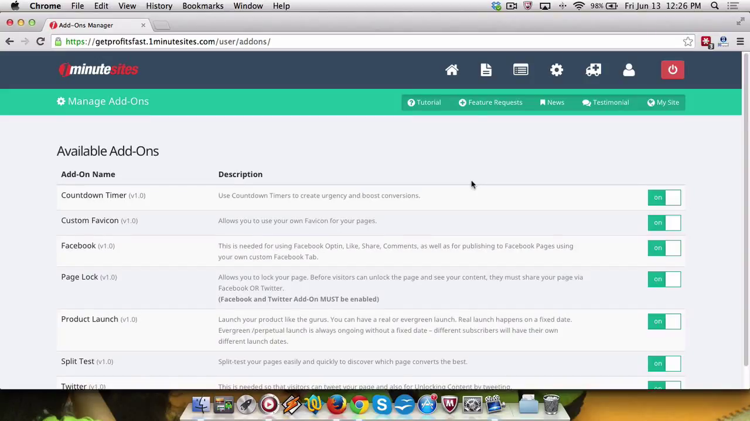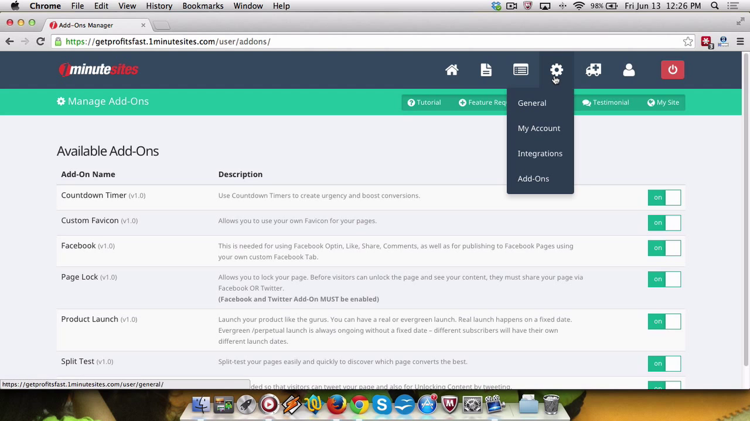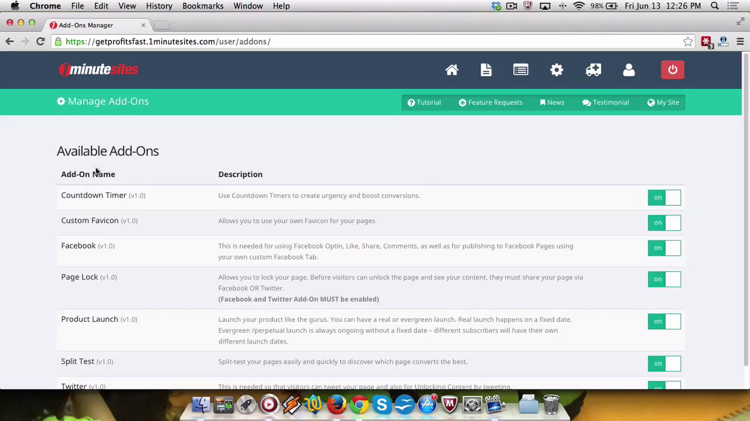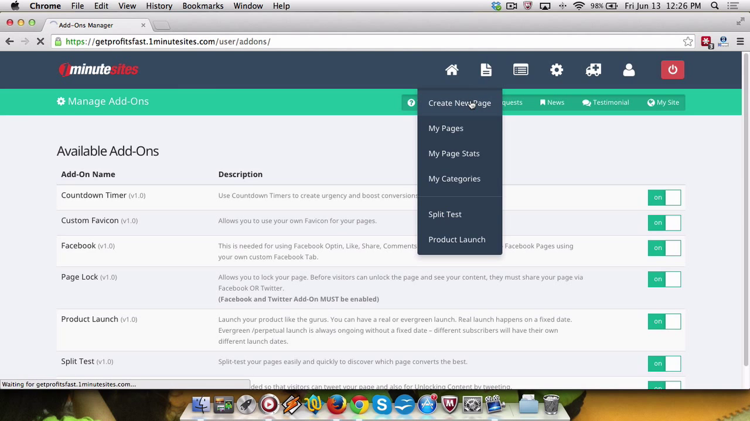In this video, I want to show you how to create a product launch within 1 Minute Sites. So first thing you need to do is of course log into your 1 Minute Sites account, and then you go to this gear icon over here and click add-ons, and then you scroll down to where it says product launch and you click this one on to enable this feature, and then after that you go to create new page,